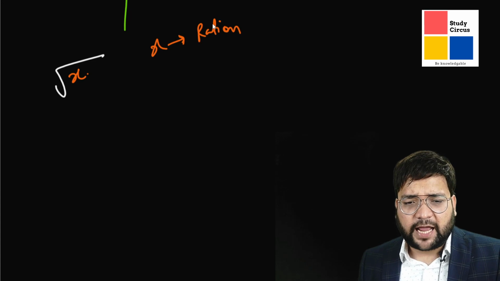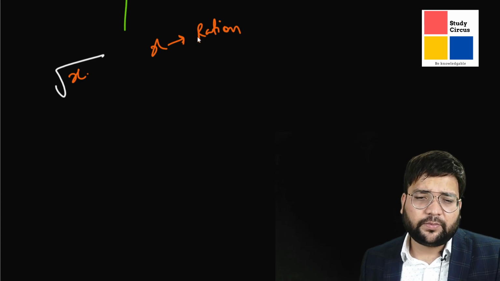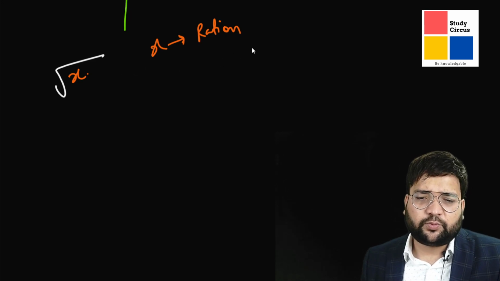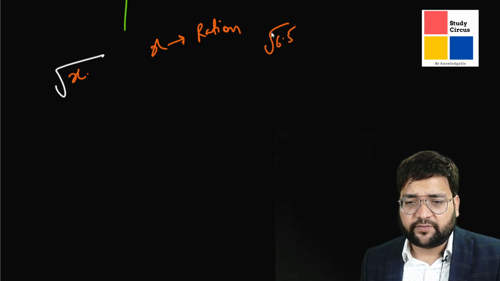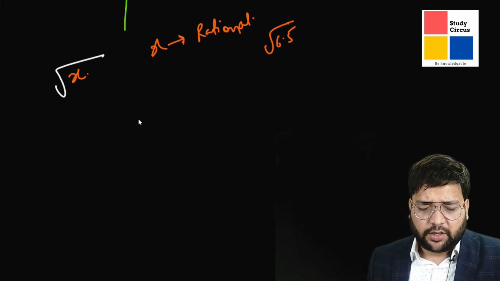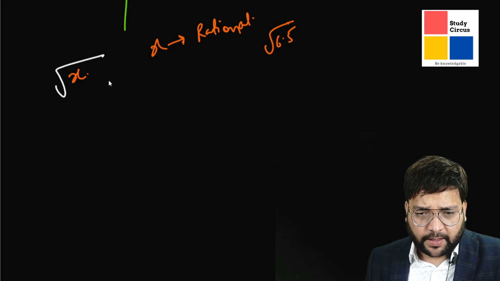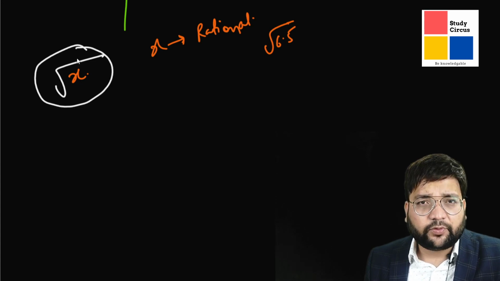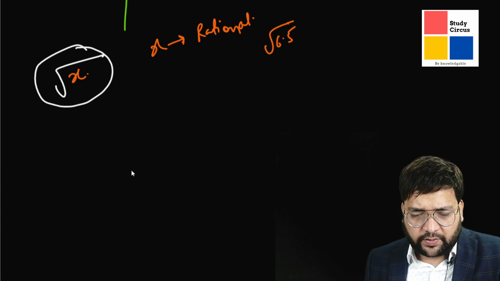Okay, a number can be a perfect square and become rational, but the square root of 3 or the square root of 6.5, for example, is an irrational number. How do we find this number on the number line? For that, I'll just do this for the root of any number, root of x. I will just generalize the thing.